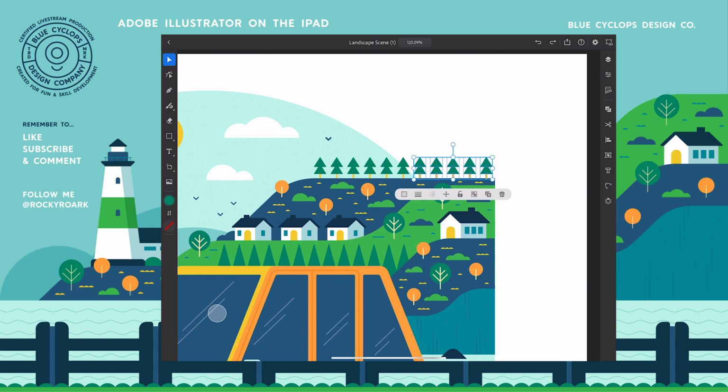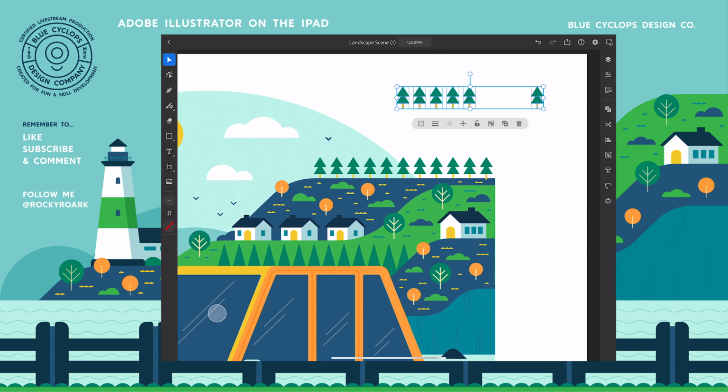And now let's jump back over to these trees here. I'm going to select this grouping, and we're going to copy them and move them up here. I want to actually give them a lot more space than what they have, so I'm going to move this tree over. I don't want to go through here and move all these individually and have them not look too uniform. So I'm going to select them all, go to my align, and click the distribute